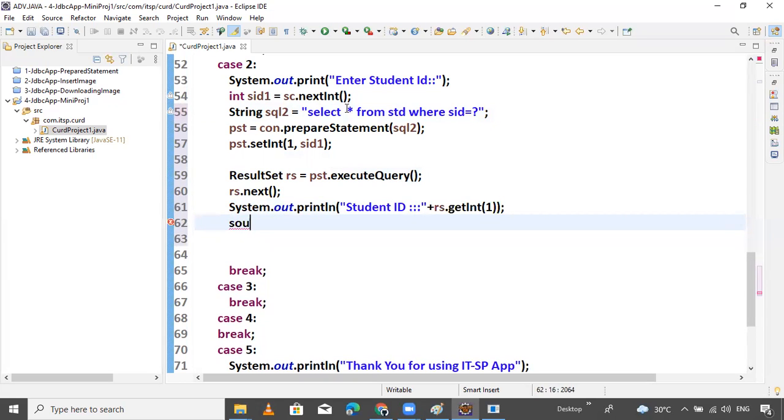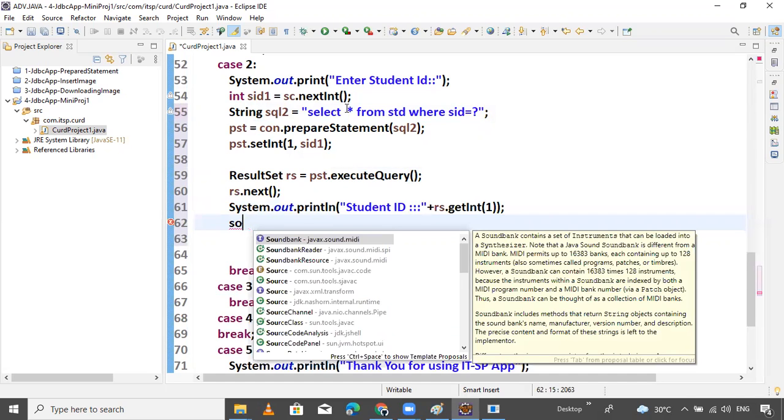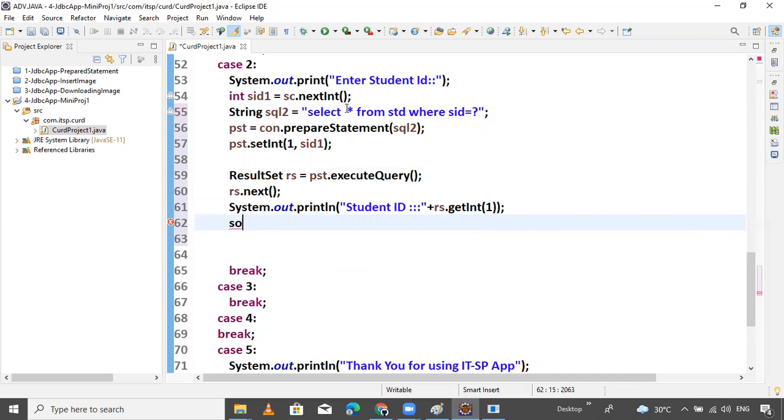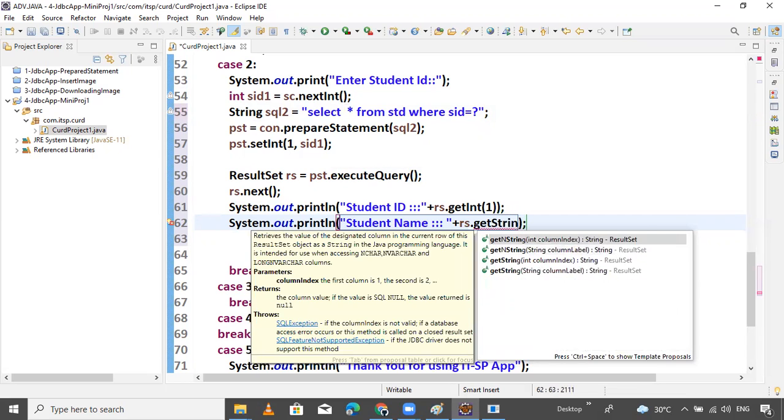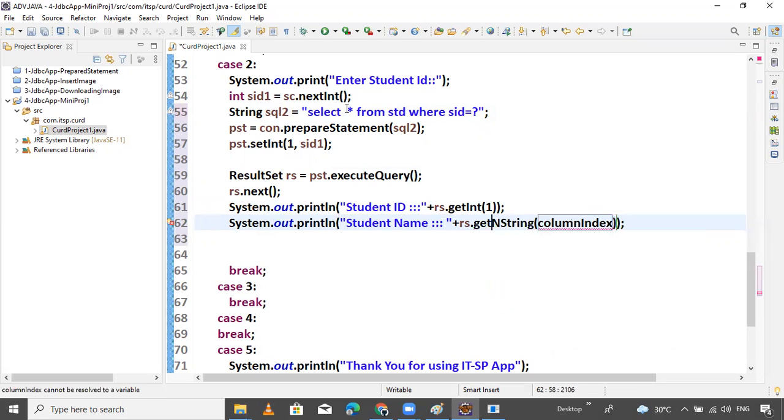Sout student name, plus rs dot getString method, passing the column index.